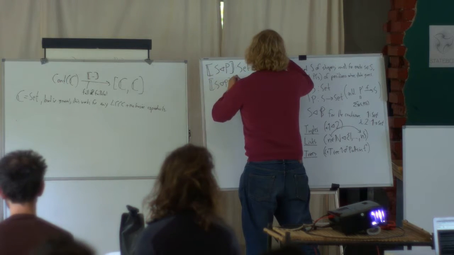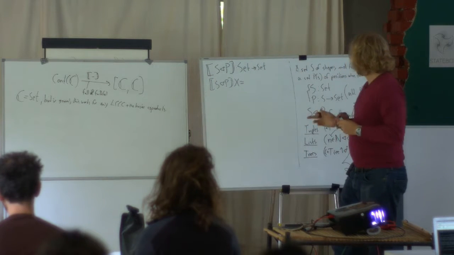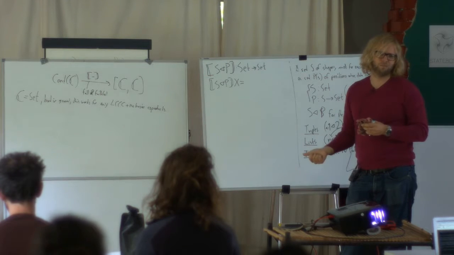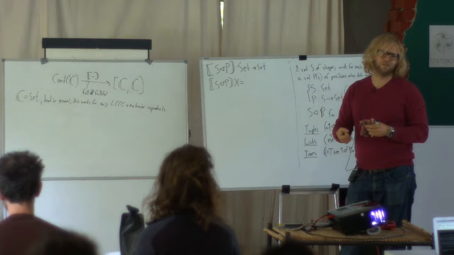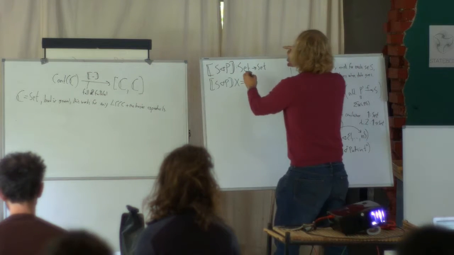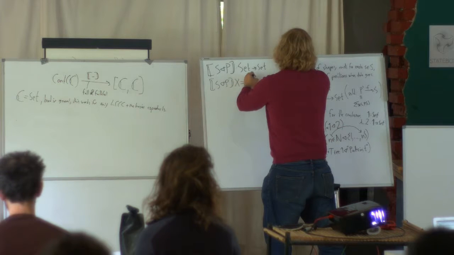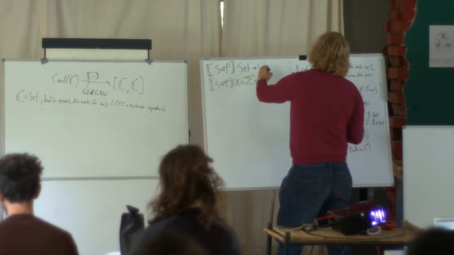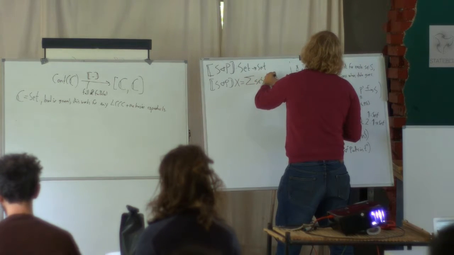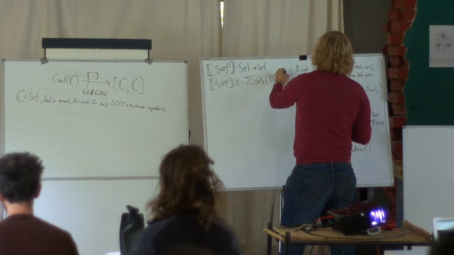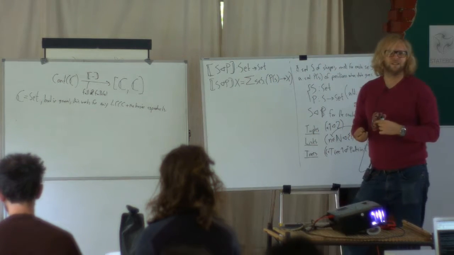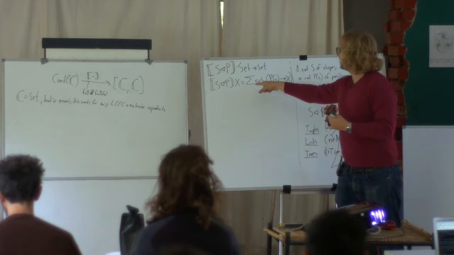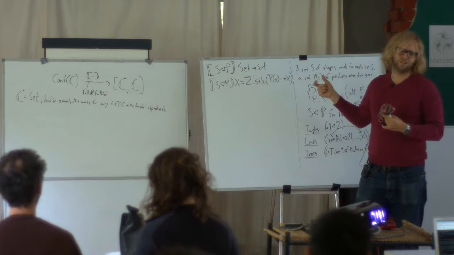Well, given an X, what does it mean to be data in this container? What I've been saying so far is that you should choose a shape, and then you should fill the positions with data. So choosing a shape means that we take a disjoint union over all the shapes. So I choose one of the particular shapes, and then I give a function from the positions of this shape into X. Now we can also start to see why these are called polynomial functors, because this is a categorification of a polynomial function,